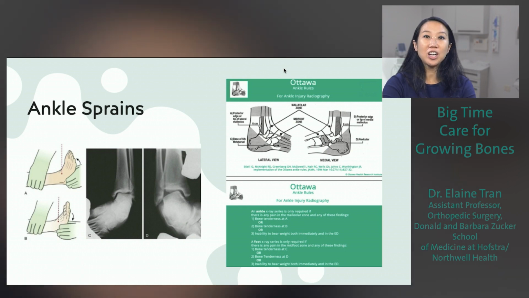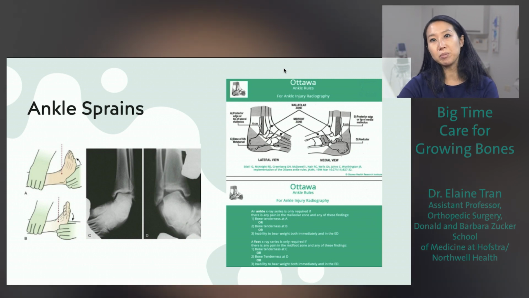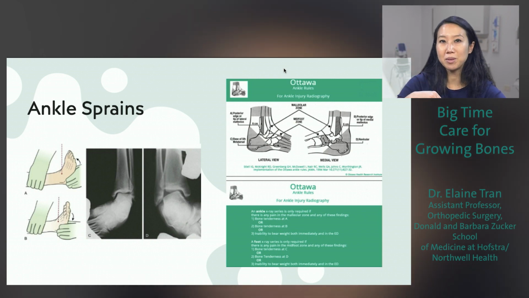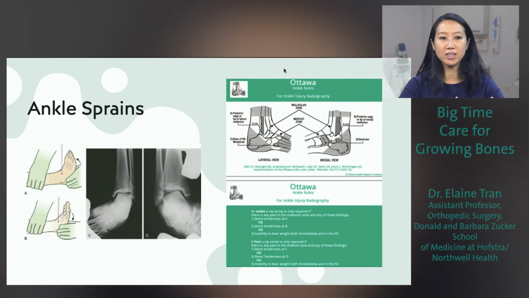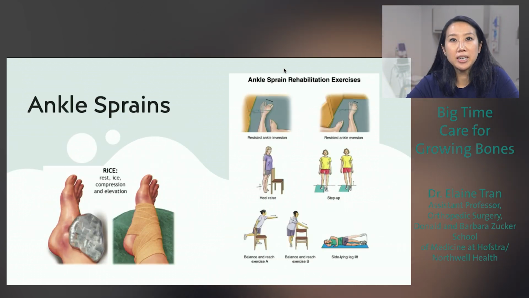If you're still having pain 6 to 8 weeks after the initial injury, then an MRI might be indicated at that time, just to look for any tendon injury, or any injury to the cartilage, called an osteochondral injury, or an injury to the ligaments that connect the bottom of the tibia and the fibula together, called the syndesmosis. But an MRI is not typically indicated when you first come in, as long as everything else looks consistent with an ankle sprain. As far as treatment for an ankle sprain,